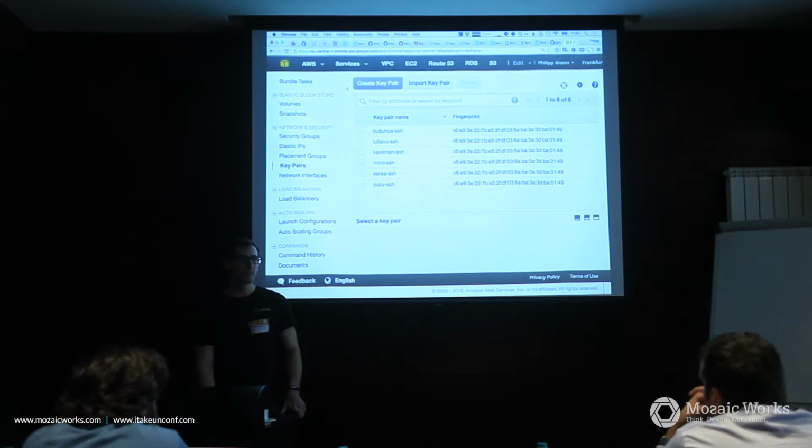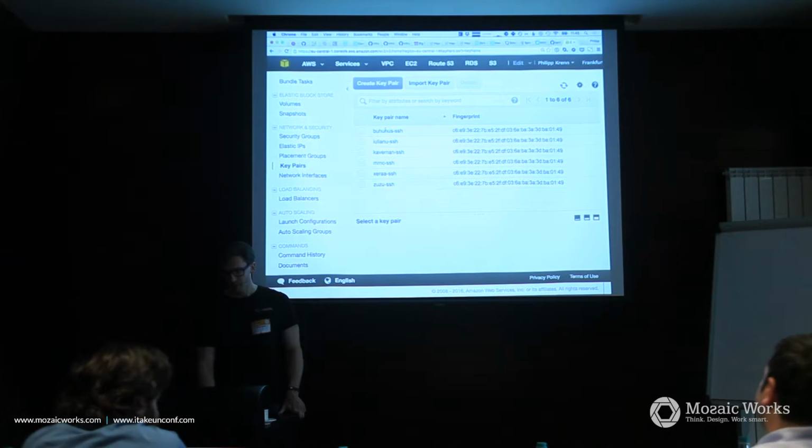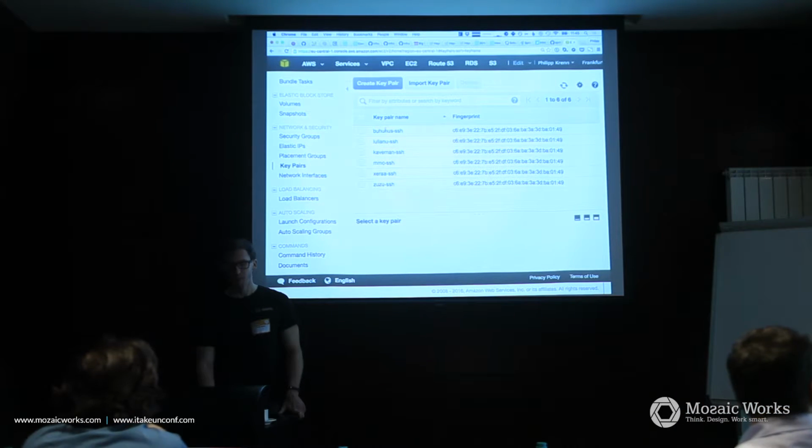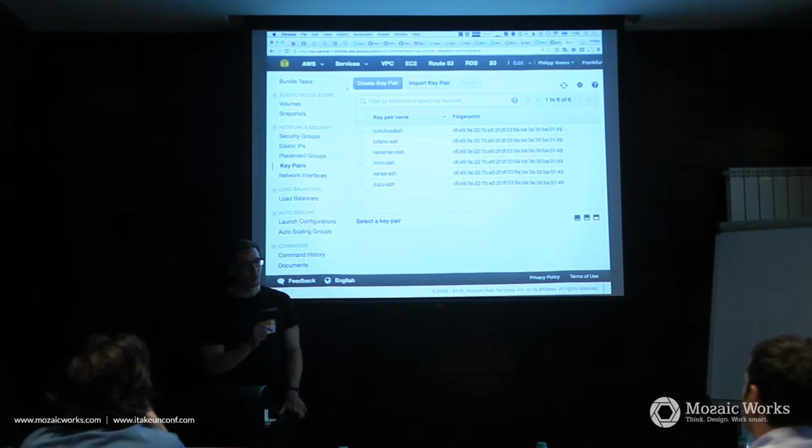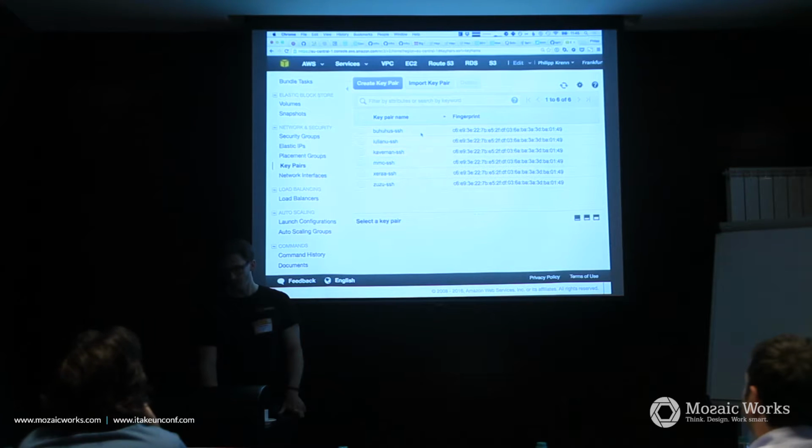This is what will be used to actually set up the right key for your instances. So if you have the who's SSH key, this will then be used to SSH into your box. That key will need to be used. Since we're all having the same key, we could log into each other's boxes, but this is like where the distinction is made. So we have set up the keys,